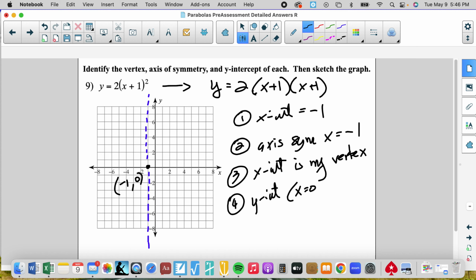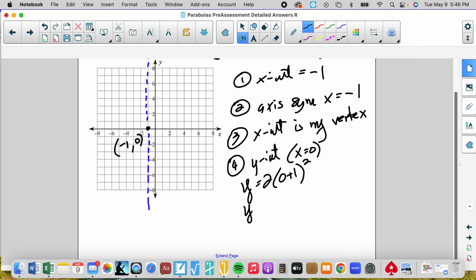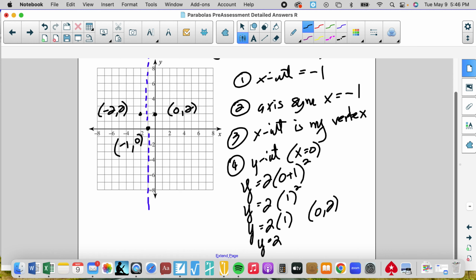X equals 0. So we get y equals 2 times 0 plus 1, quantity squared, the original equation. No need to write it out twice. We're going to simplify inside the parentheses, and then we're going to do the exponent, and then we're going to multiply by 2. So when we plugged in 0, we got 2. 0, 2. We can mirror that one over, which takes us to negative 2, 2. We got 3 points. Now this is where we should have these same 3 points, and our fourth and fifth